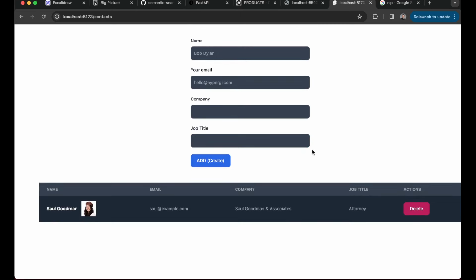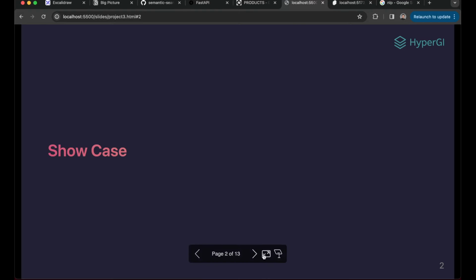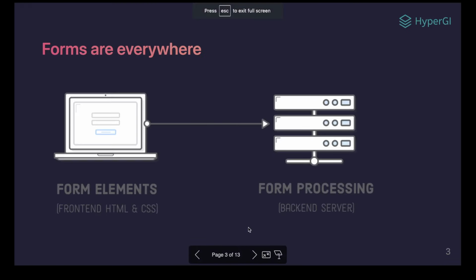This is the app we want to do. So we focus on the form action, even though it is a very simple application, it has two components. First is add with a form. Second one is this table to show it deleted. So that's the showcase. And forms are also everywhere, because every time you have a form, the user would